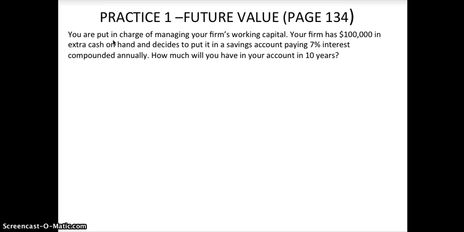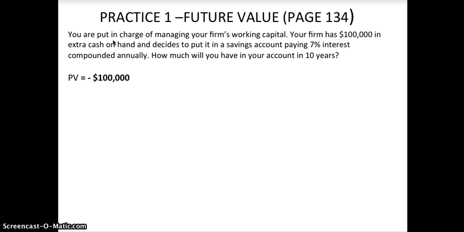The first question comes from page 134 of our textbook, and it reads, you are put in charge of managing your firm's working capital. Your firm has $100,000 in extra cash and decides to put it into a savings account paying 7% interest compounded annually. How much will you have in your account in 10 years? Okay, so the first thing we need to do is write down the 5 criteria, and the first one is